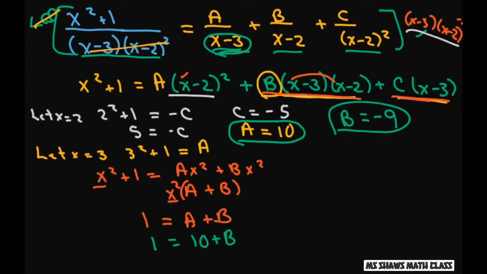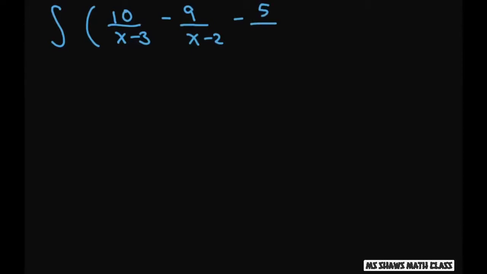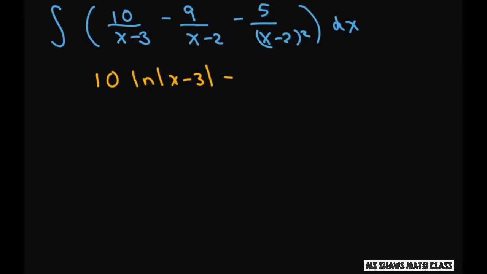Now that you have that, we can rewrite our integral as 10 divided by x minus 3, minus 9 divided by x minus 2, minus 5 divided by x minus 2 squared, dx. And then you just integrate. This is going to be equal to 10 ln of x minus 3 minus 9 times ln of x minus 2